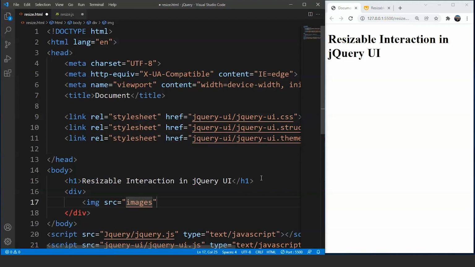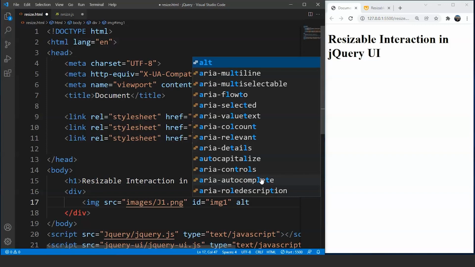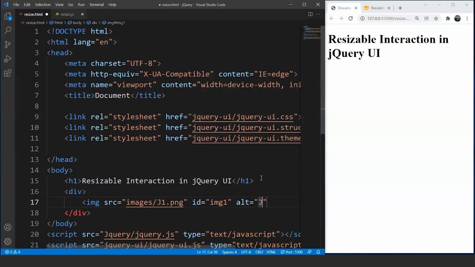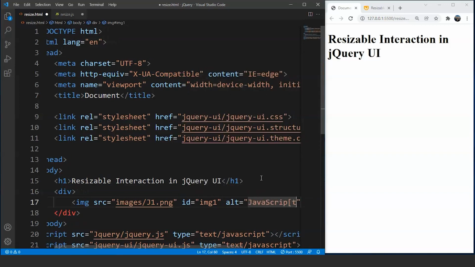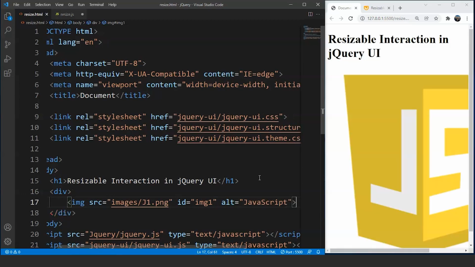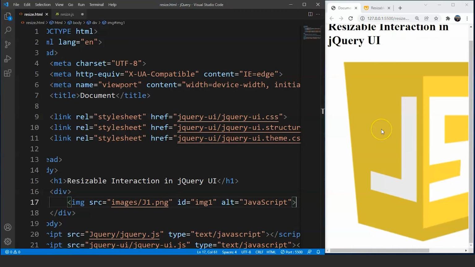This is a folder in my computer. So right here we'll write j1.png. Then we have ID. Let's say the ID for this image is img1. And then we have to set the alternate as well. So let's say we are writing here JavaScript. Close this img tag, save the program, and you can see we have the image over here